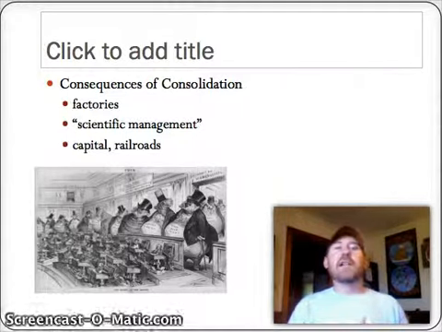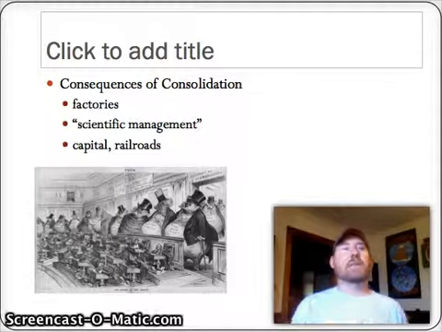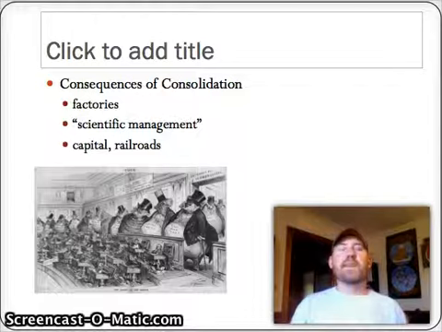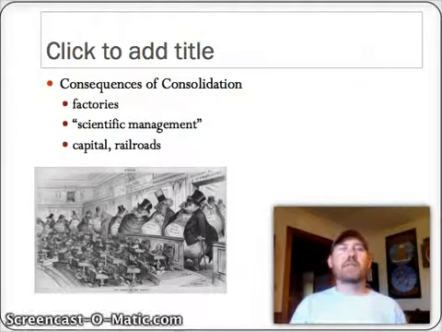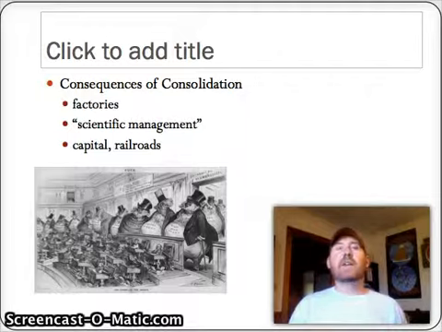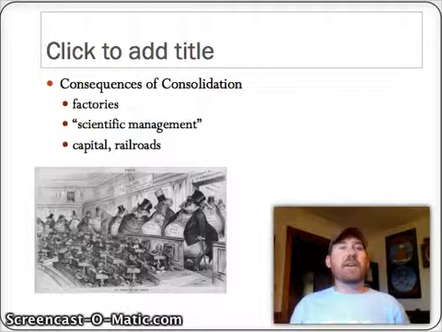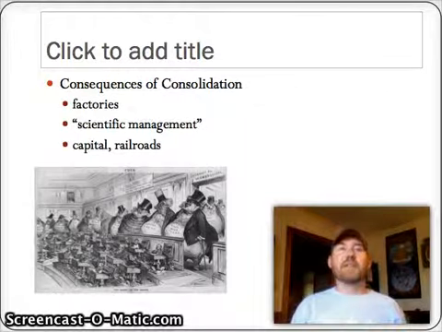And then you start to see the rise of capital, which is money that can be invested in factories. And to be honest with you, a lot of this money that is invested in initial waves of the factory system is because of people doing what's called profiteering during the Civil War, or going down and taking advantage of a situation and making a lot of money. Well, once they make this money, they got to find somewhere to invest it, and the factory system becomes a good way to do that.